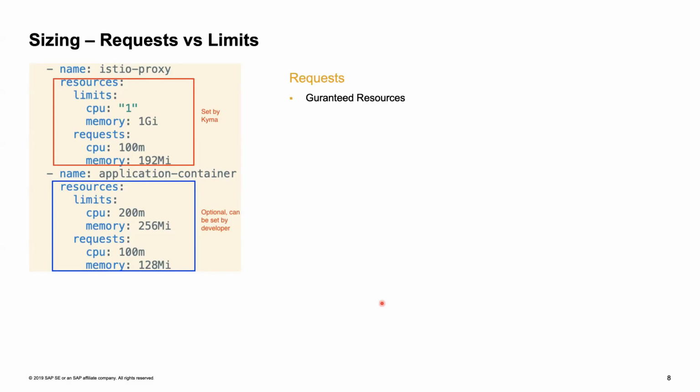So again, just to revise, a request is the guaranteed resources that you will get. When you deploy an application on Kubernetes or Kyma, this is the amount of resources that Kubernetes will reserve for your application. So your actual usage or your cost will always depend upon the request, but not the